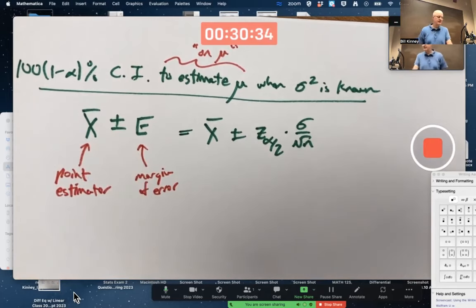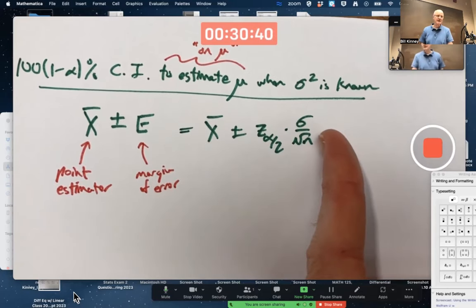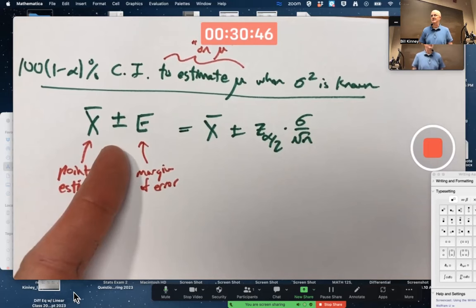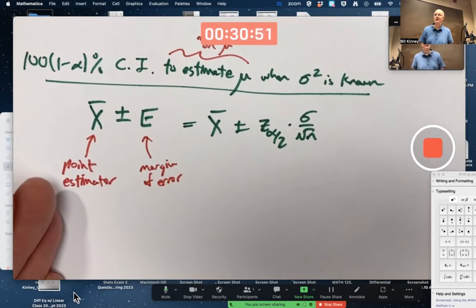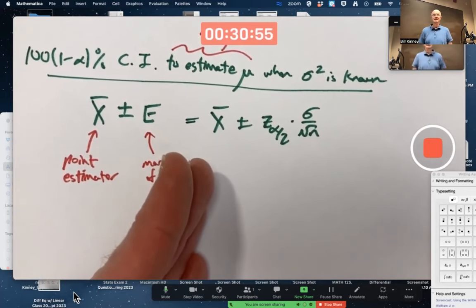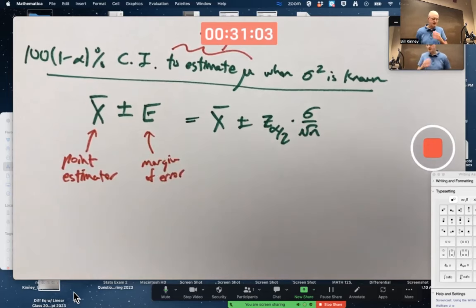In the case where sigma squared is unknown, the realistic case, which I'll write down in a minute, and I have to use a capital S there instead of a sigma, then it does become a random variable. So in that more realistic case, not only is the point estimator a random variable, but the margin of error itself is a random variable. In this case, it's not really a random variable, but I'll use a capital E anyway. There's the formula